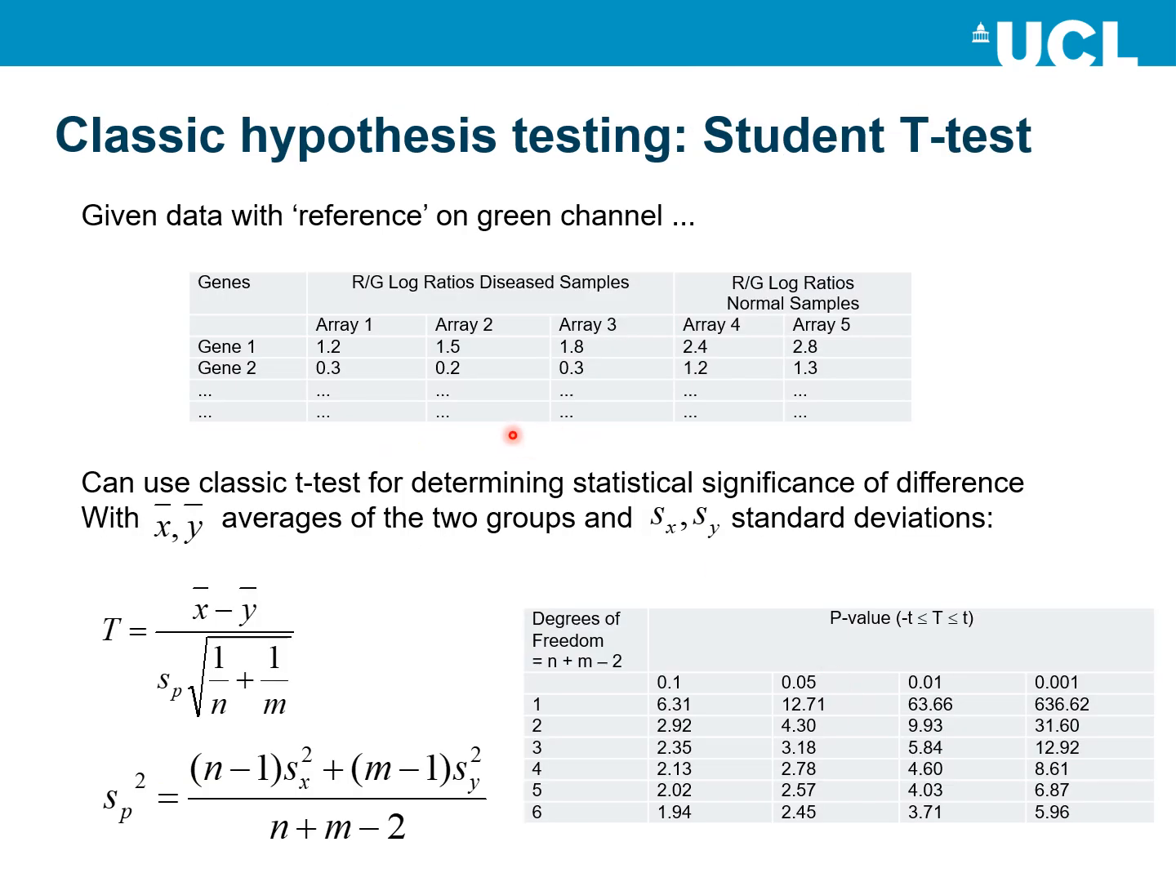So, classic t-tests, and you've got arrays. You may have the disease samples, you may have 3 of them. You have normal samples, you have 2 of them, so it doesn't need to be symmetric. And you can use a classic t-test to look at the average value for each gene. Look at the average value of the disease samples minus the average value of the normal samples, and then working out the standard deviation